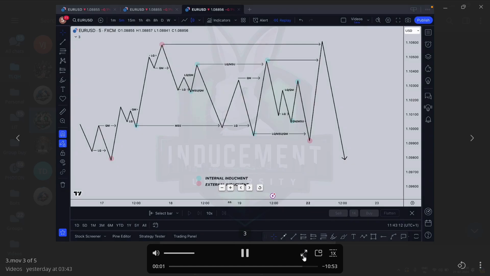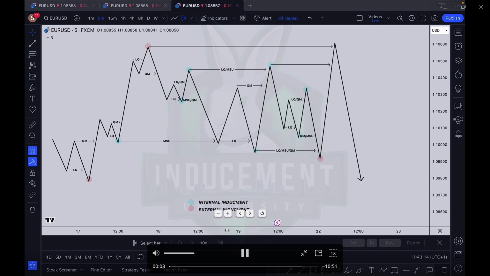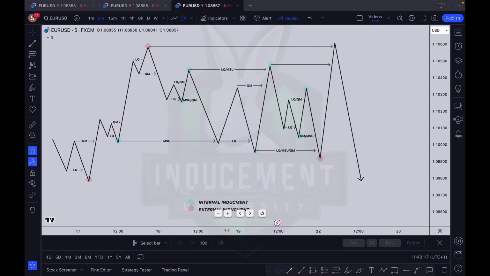In this video, we're going to be talking about internal and external inducements. In the previous video, we talked about irrelevant and relevant. However, some of the relevant ones hold a little bit more weight, hence external and internal. So if we have a look here on the chart, you can see I've marked out red with external and